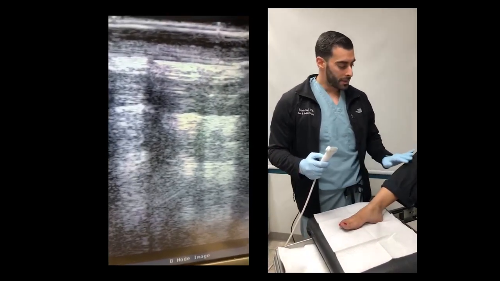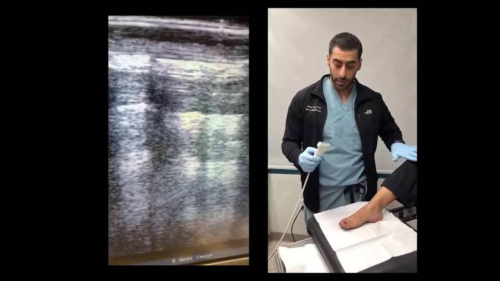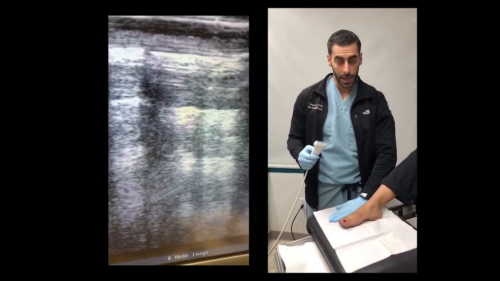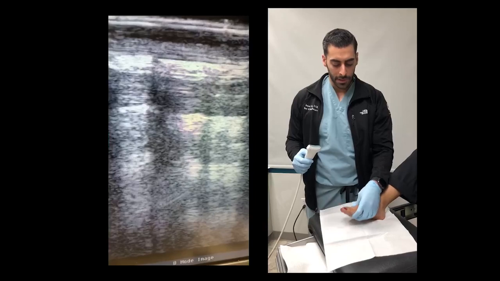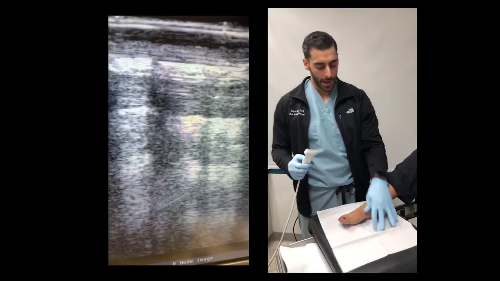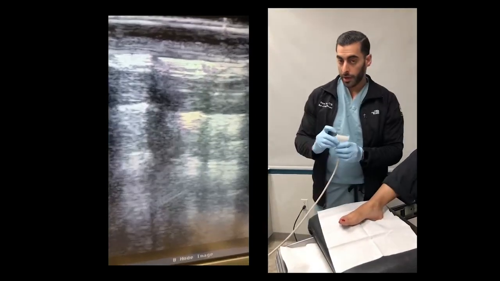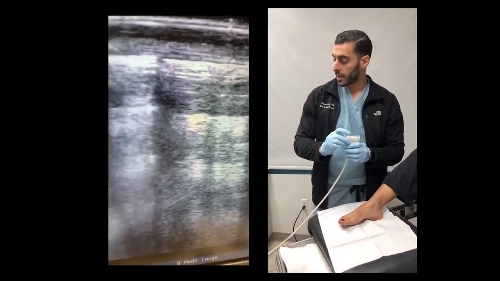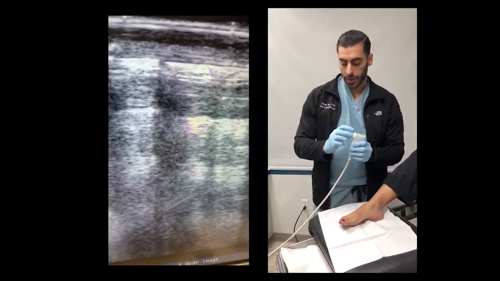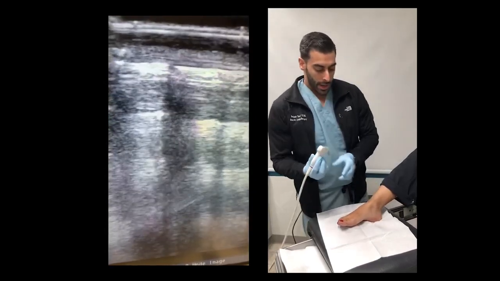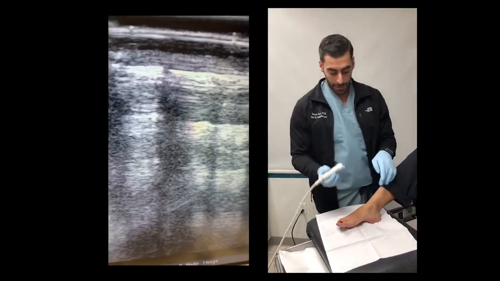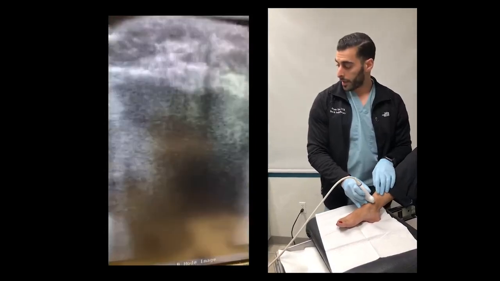Now, I like to have the patient seated with the foot planted on the table. That way I have good exposure and I'm still able to manipulate the foot. Now, we'll start first by identifying which side of the probe we're using. So here the notch, I know which side, it's right there on the left side of the screen. I like to place that on the medial side. So right away,